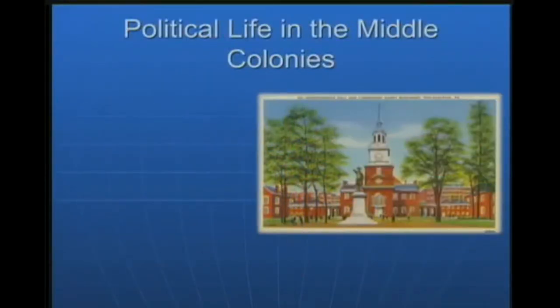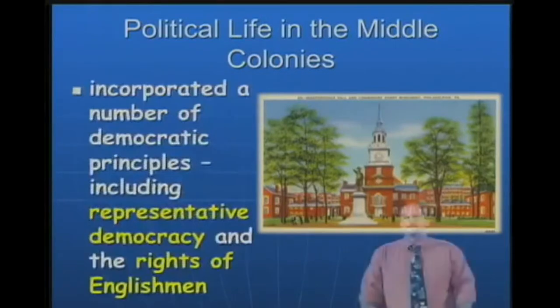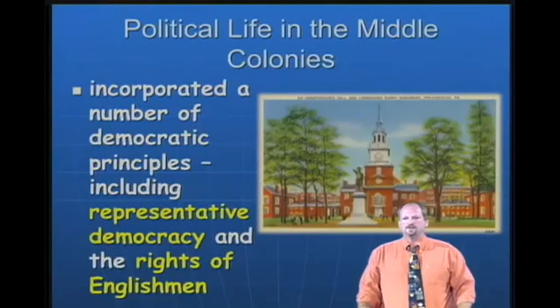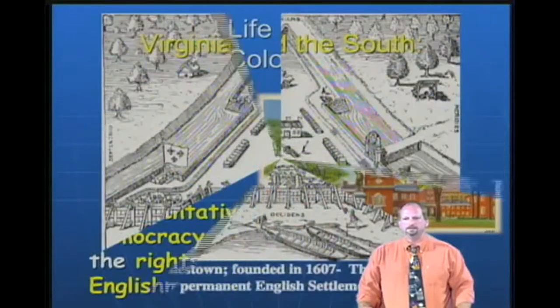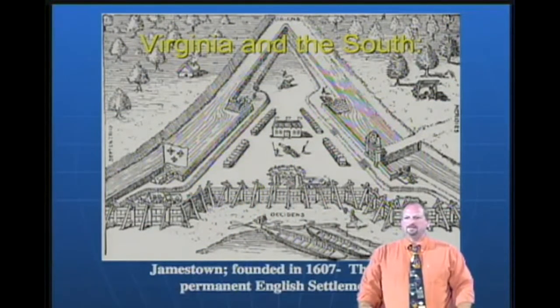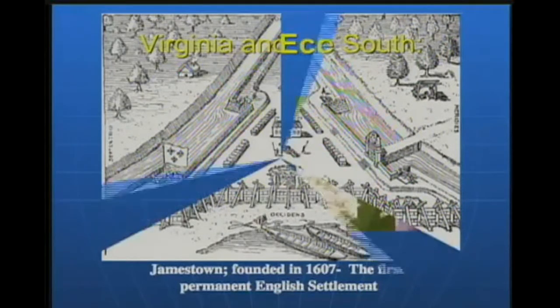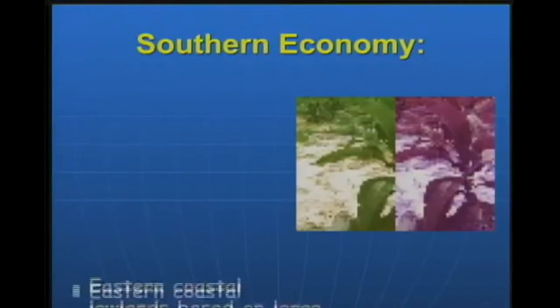When it came to political life in the middle colonies, they incorporated a number of democratic principles, including representative democracy and also an insistence on the rights of Englishmen. When it came to Virginia and the South, remember Jamestown, founded in 1607 as the first permanent English settlement, the Southern economy